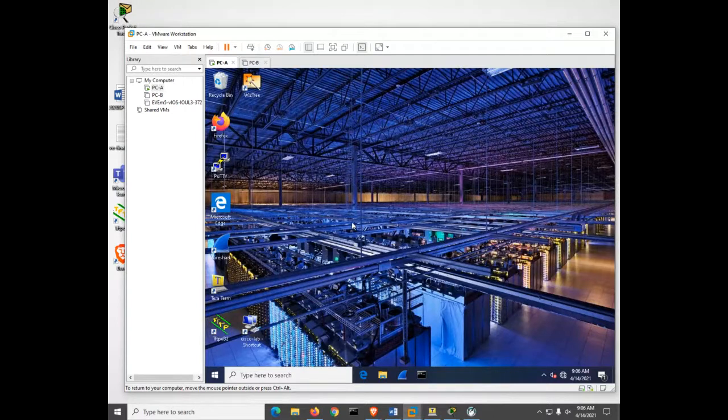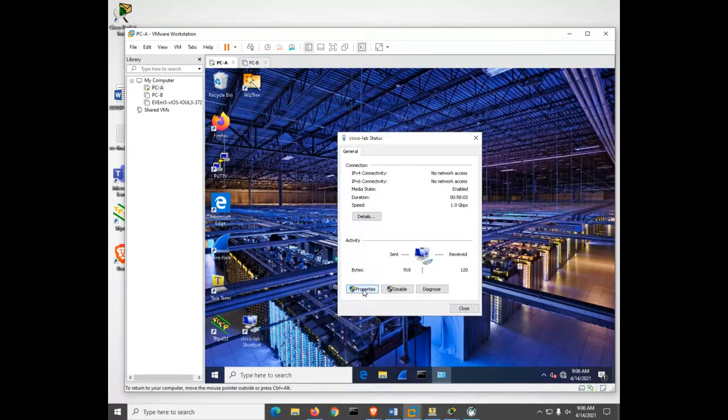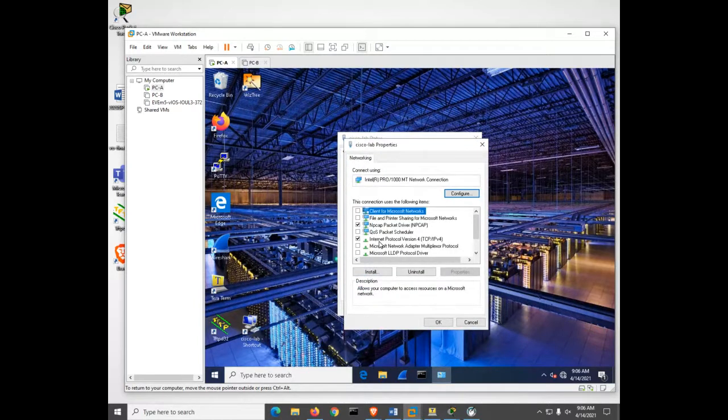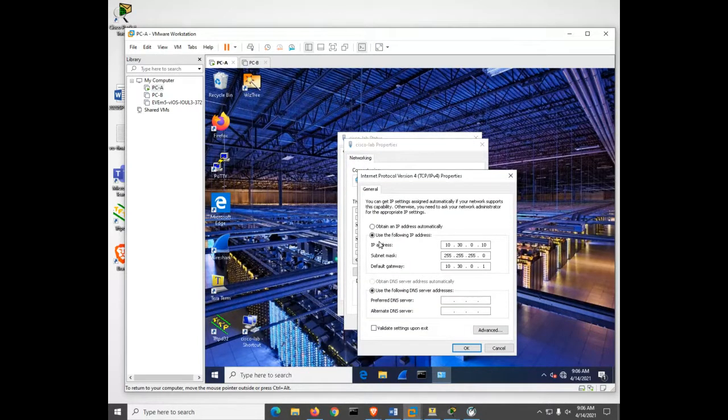So I'm going to go to PCA and click on my shortcut that I provided and go to the properties and then go to IP version 4. And there's already an address in there from a previous lab. So the quick and dirty way in Microsoft Windows machines to get rid of that is to click the Obtain button, which is a dynamic mapping, and then click back on the static mapping, and then we can put in the address you request, which is